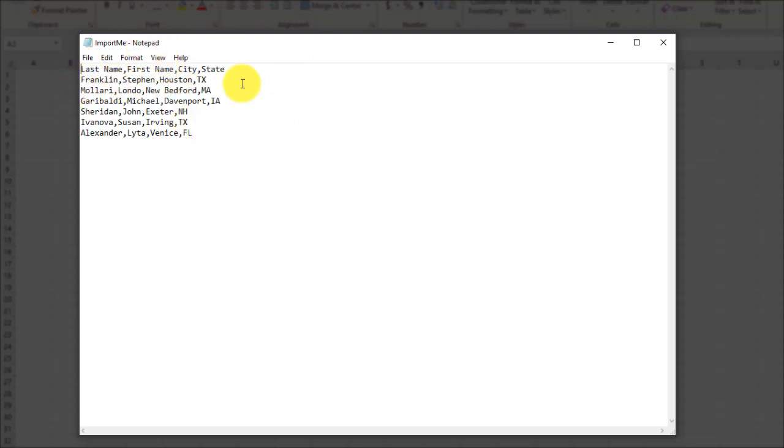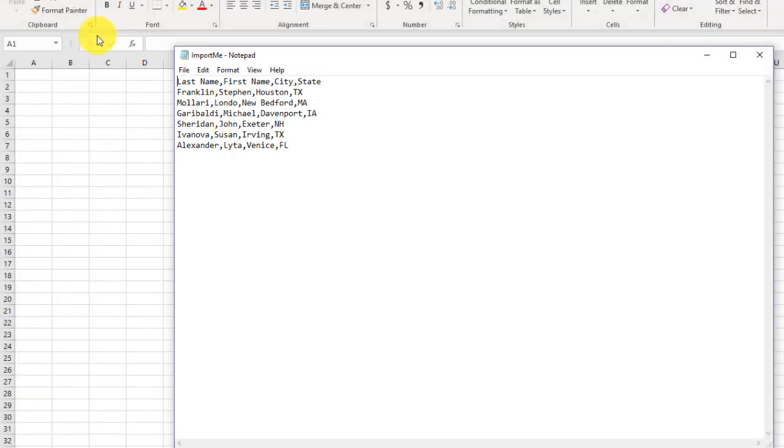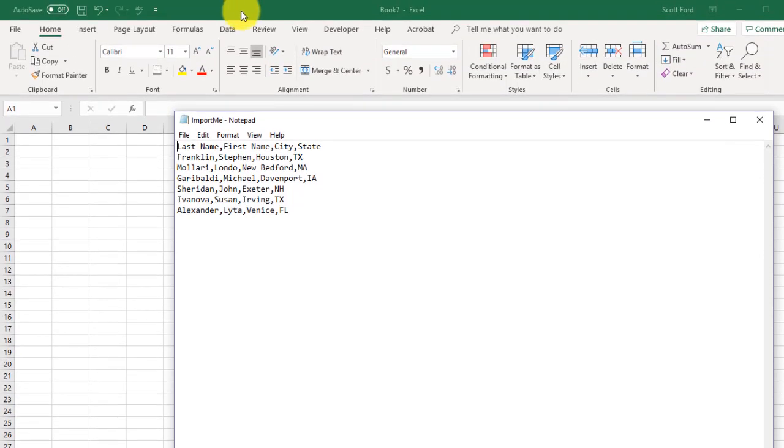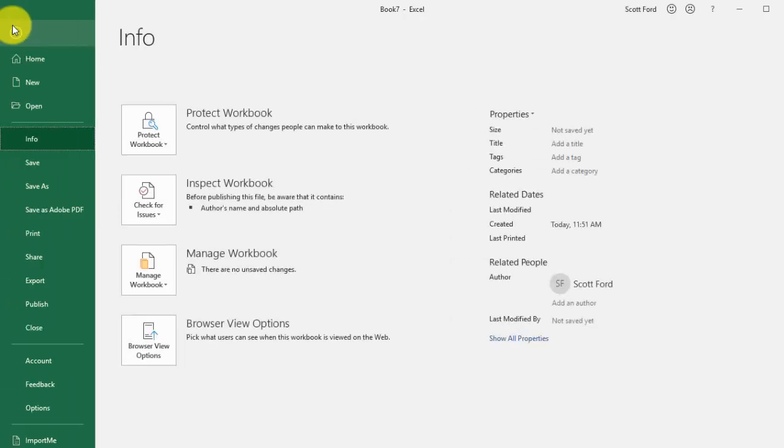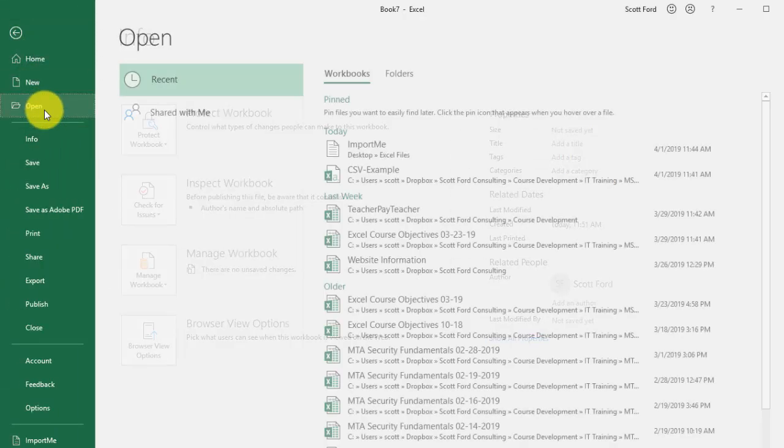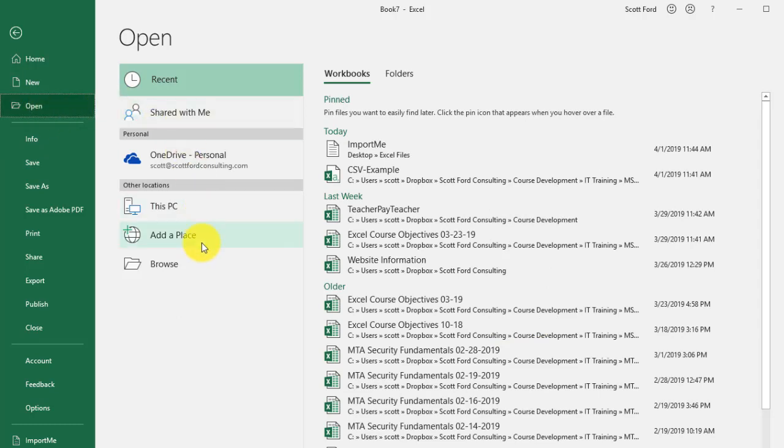And in this simple text file, I have some basic information. I have information with some general location stuff. I want to be able to get this into here. And there's a very easy way to do it. To create a brand new workbook, let me click back on the workbook for you. We go to File, we go to Open, we go to Browse,